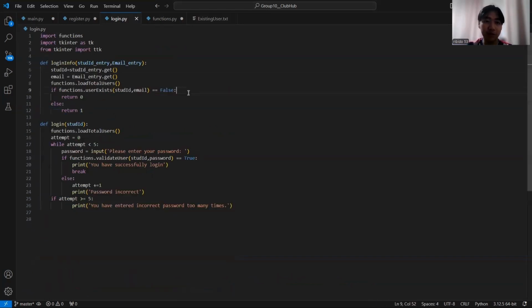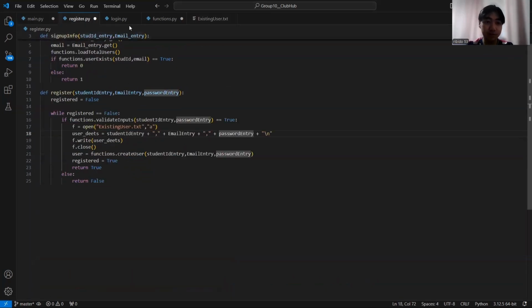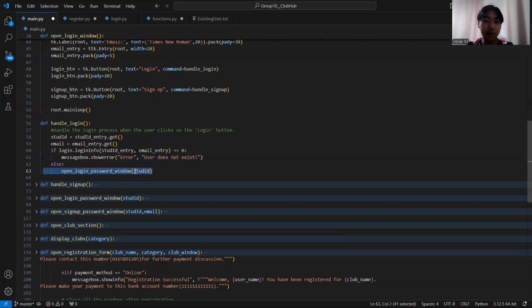They check whether the user exists, and however, this time it's a bit different. If it doesn't exist, we want it to return false, because that means that you can't log into anything. So if it returns false, we return 0, meaning the user doesn't exist. So we'll show this error. However, if they do exist, it will return 1, and they will go to the open login password